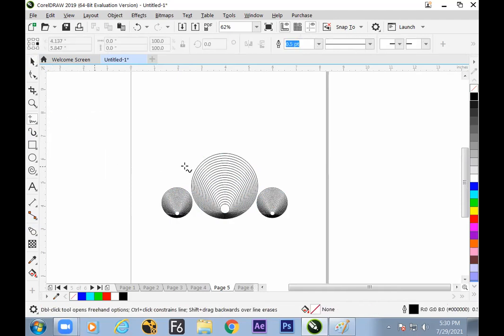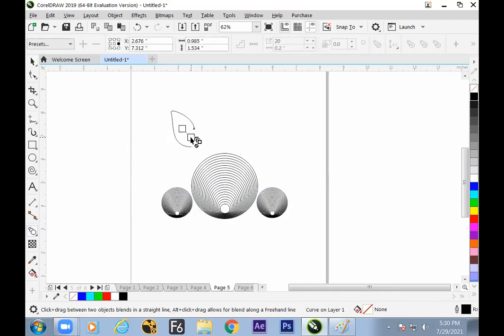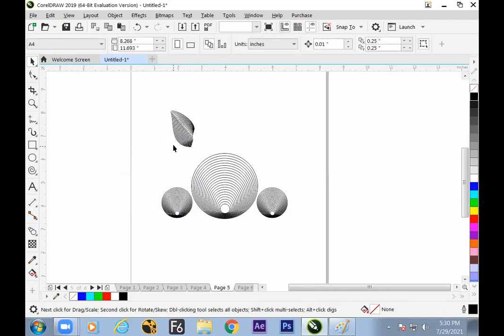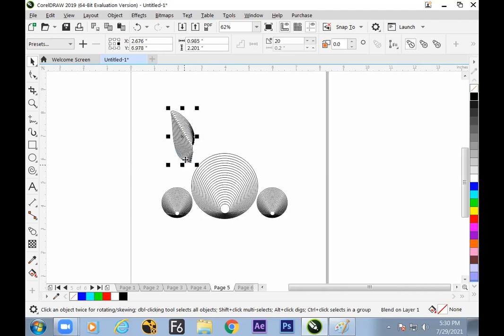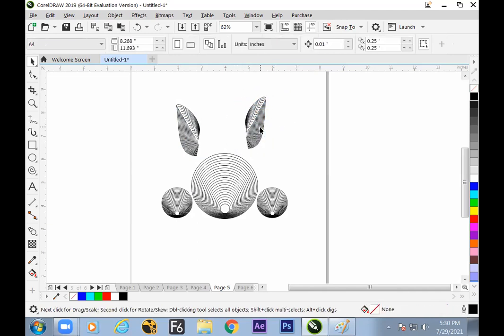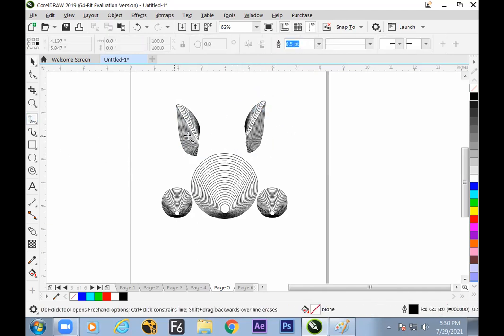Next, freehand tool. So get them blend. You can enlarge this. And later on, you can modify this. Plus, the whole object could be flipped to the other side. Next.